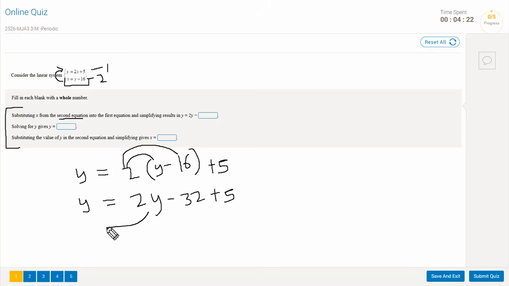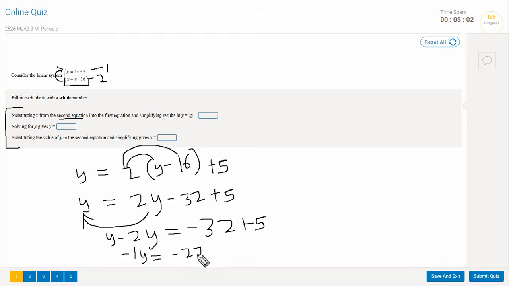So we'll take this to the other side. It will become y minus 2y is equal to minus 32 plus 5. Okay, now y minus 2y, you know instantly that the bigger number, 2, has the negative sign, so you carry the sign of that. A lot of students still get confused about this, including new students that join me for private sessions. I always tell them, please don't worry about it, just always put the sign of the bigger number that you have. So what is the sign that we have? Minus. So we put minus 1y